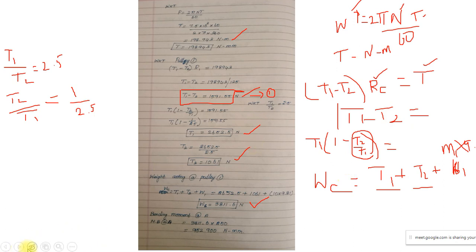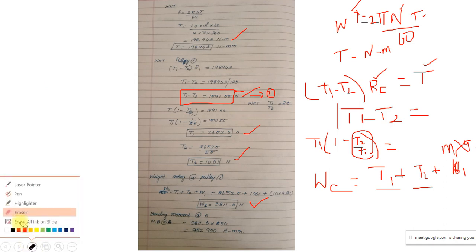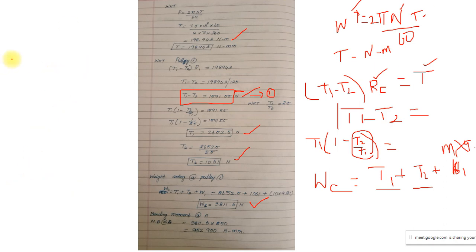So I want to go back to the beam diagram which we have already been given in our previous slide. Let me draw it again. This is my bearing A, this is my bearing B, and this is my load C, pulley C. The pulley C's load is given as 3811.6 Newton, and similarly now I want to find out the load of the pulley D.